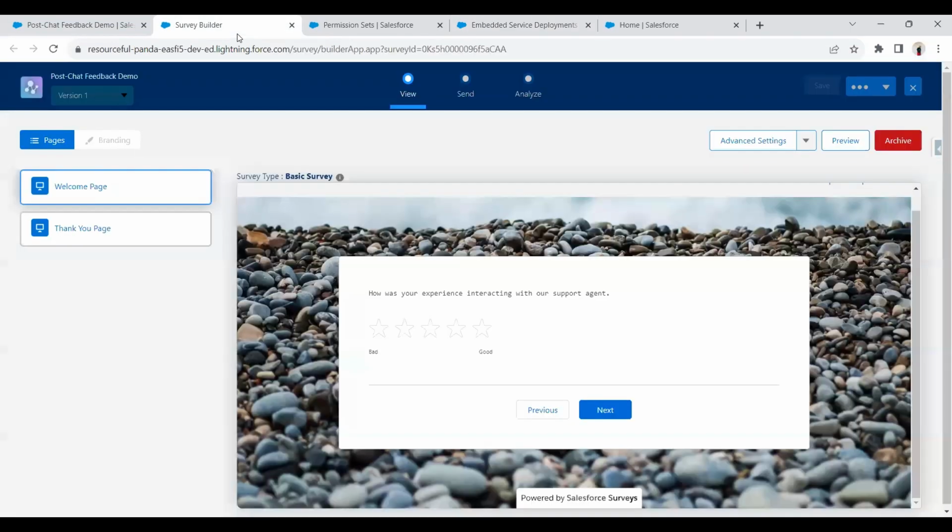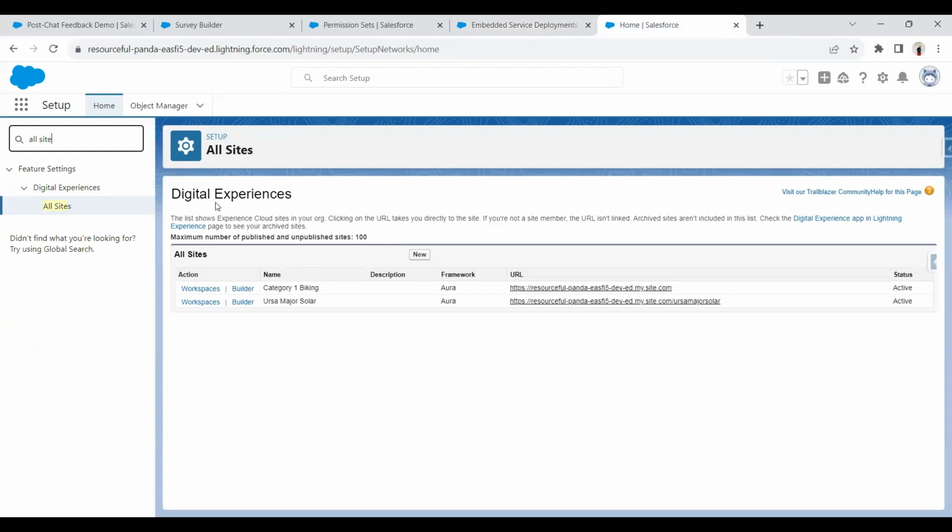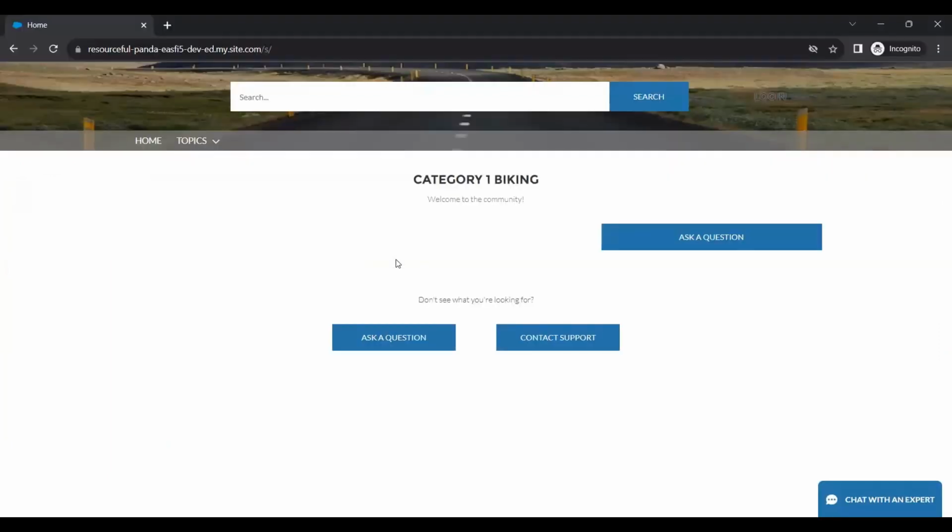And for the demo purpose, I have created a very basic survey definition here. Let's see all this in action now. I have one digital experience site created, and I'll jump onto the digital experience site just to know how this works. So if I come back here to the digital experience site, you will see one embedded service deployment has been